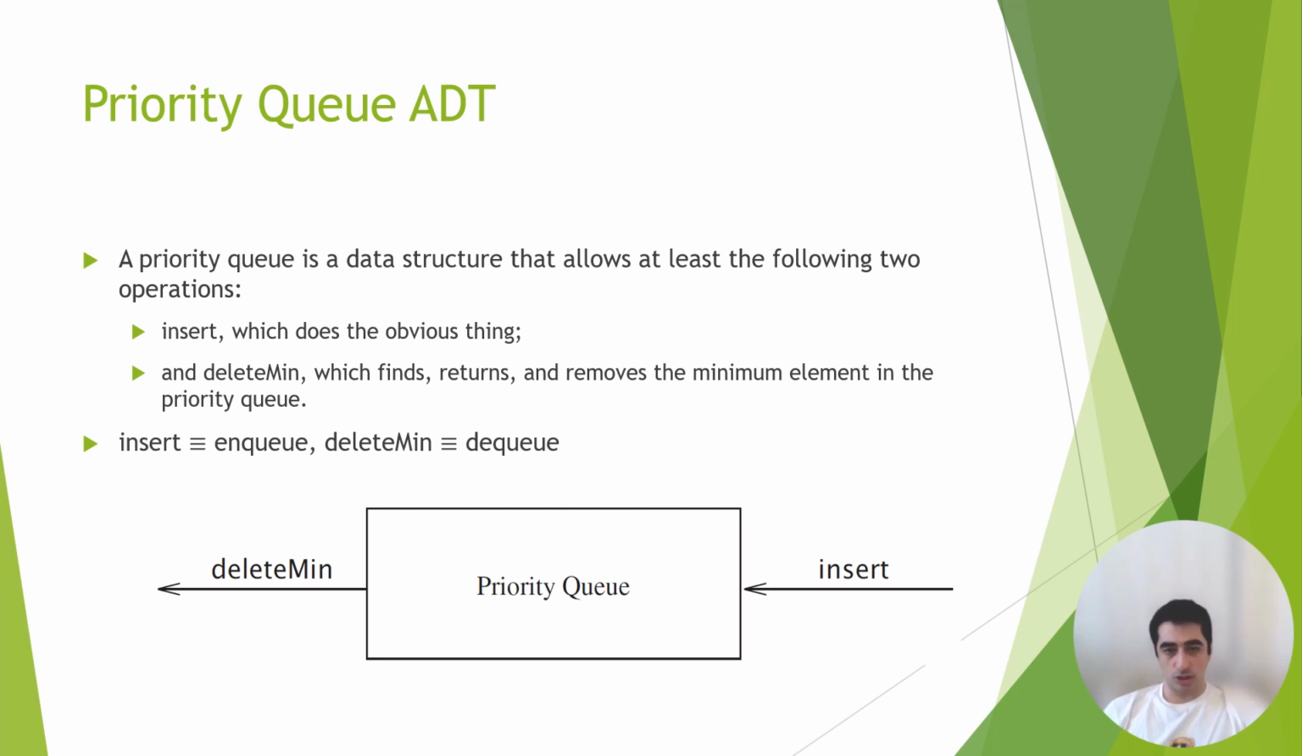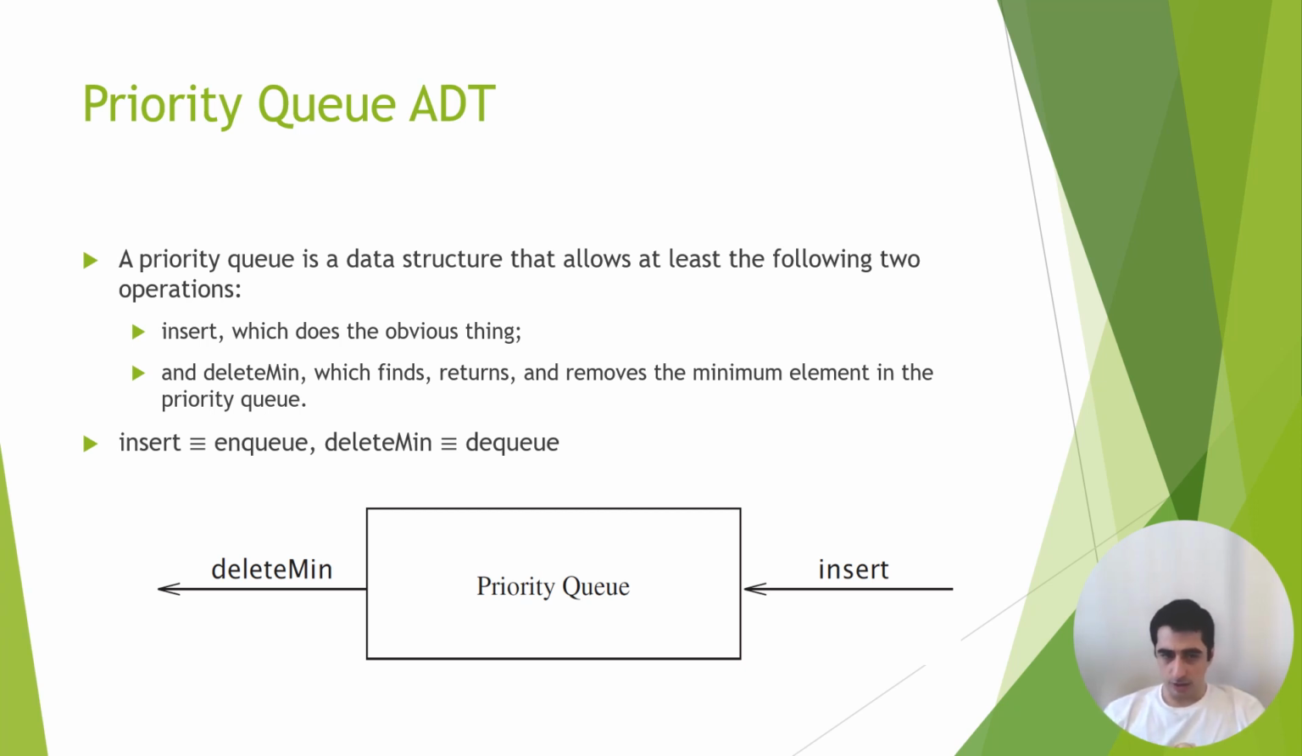It is basically a data structure that allows the following two operations. One is insert, which adds an element to the queue, and one is called delete min, which finds the minimum element. Sometimes it's delete max, but min or max, they're both going to be similar data structures. You can convert one to the other. But I'm going to go with delete min here. Delete min finds the minimum element in the queue, removes it from the queue, and returns it as the return